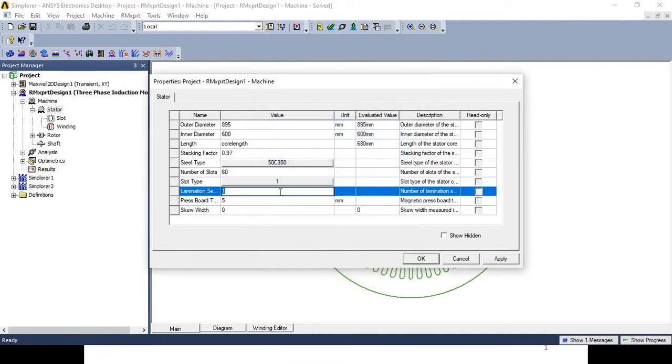Then stator lamination sectors. What is the meaning of this? Number of lamination sectors. Right now, we had selected the number of lamination sectors equal to 1. Then press board thickness. The meaning of this is magnetic press board thickness, and you can select 0 for non-magnetic press board thickness.